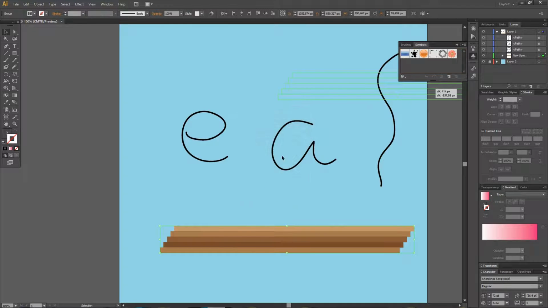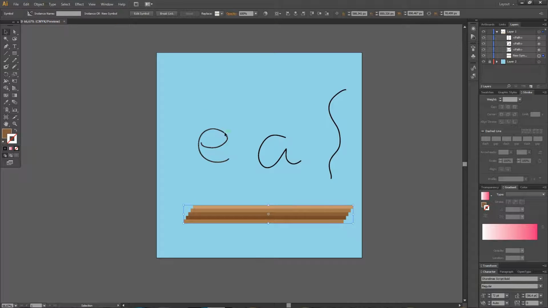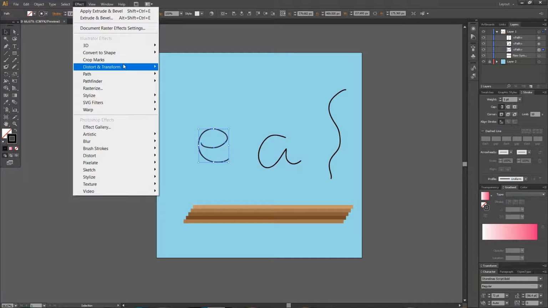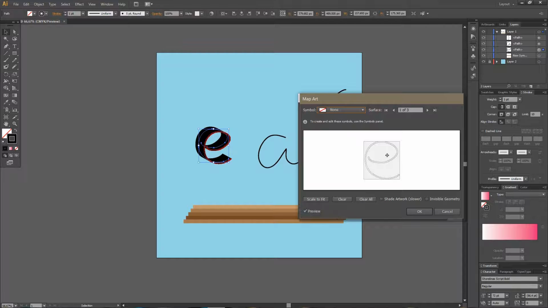I'm just going to press OK. Then I'm just going to select the letters, go to Effect, Distort and 3D, and go to Extrude and Bevel. And for the extrude depth, I'm just going to do around 100. Go to Map Art and find this and select the new symbol